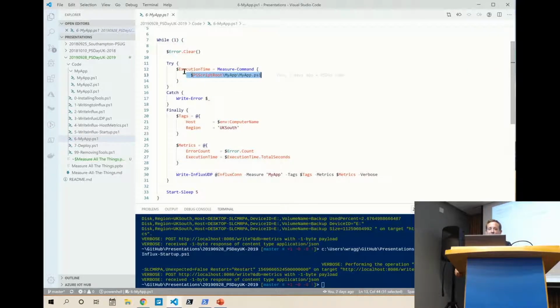Here's where I'm running my script. I'm dot sourcing it here, and I'm using Measure-Command to find out how long it's taken to execute. Then I'm try-catching and spitting out any errors that occur. I'm using the built-in $error variable, which I'm clearing out on every execution, to count how many errors have occurred in that application, and also using that execution time. Then at the end, every time this executes, in the finally block I'm using Write-InfluxUDP to write those two values. So if I run this,